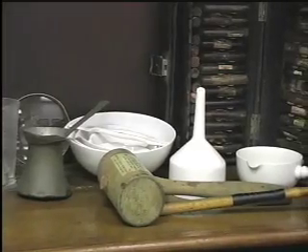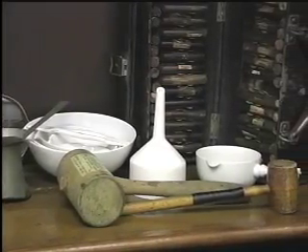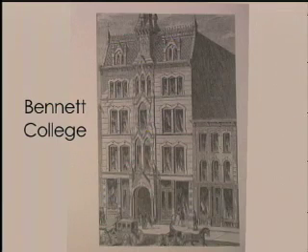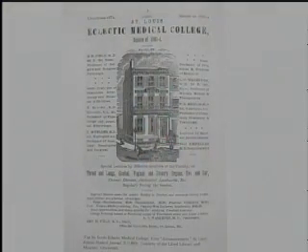Finley Ellingwood, who was based at Bennett College in Chicago, being close to Cincinnati, was heavily influenced by that, but again, it's a slightly different emphasis and maybe a different brand of eclecticism being practiced there. Most of the schools of eclecticism, there was an important one in St. Louis, one in Lincoln, Nebraska, one in Kansas City, and then one in San Francisco until the earthquake, and then they moved to Los Angeles. And so there were about half a dozen eclectic schools that had some longevity.